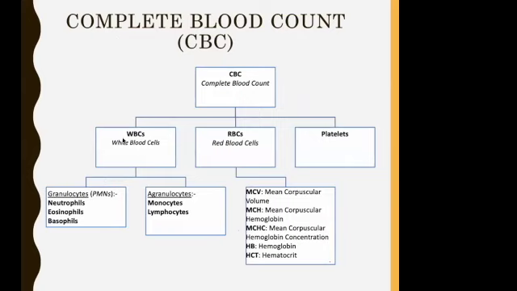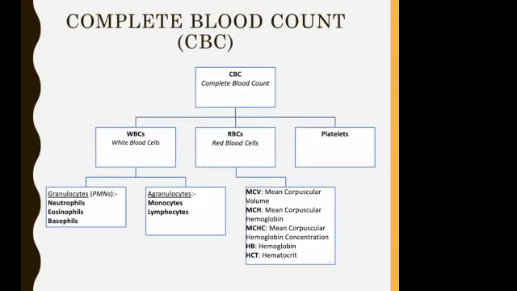Within the white blood cells, we have two main subgroups, the granulocytes and the agranulocytes. Granulocytes are a type of white blood cell, as you see from the diagram, and they are characterized by the presence of granules. They're granulocytes because they have granules. These granules are just small packets of enzymes and proteins in the cytoplasm of these cells. These cells are very important for the body's immune system. They play a very important role in defending against infection, especially